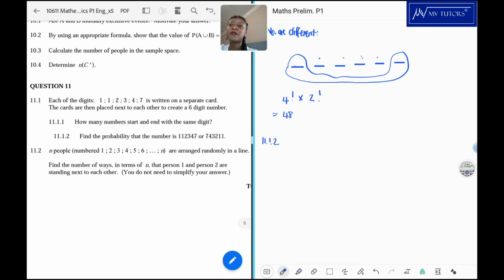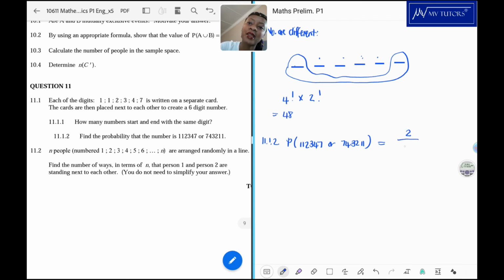Remember when you calculate a probability, we're going to calculate the probability of it being 112347 or 743211. Let me just say you can either have this number 112347 or you could have 743211. So you can either have these 2 options,